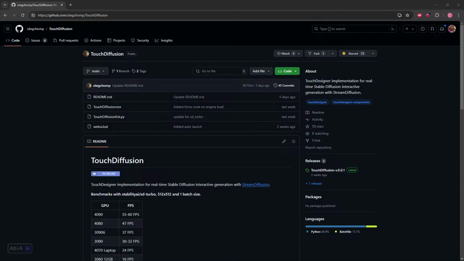So as you can see here, we have got Touch Diffusion on GitHub. I'm going to share this link in the comment section below, as well as the caption. So what Touch Diffusion is, is twofold. If you've been following a lot of new media art, following developers within the scene,